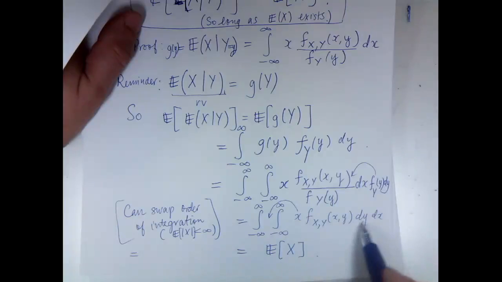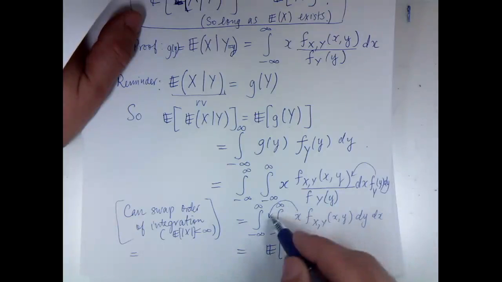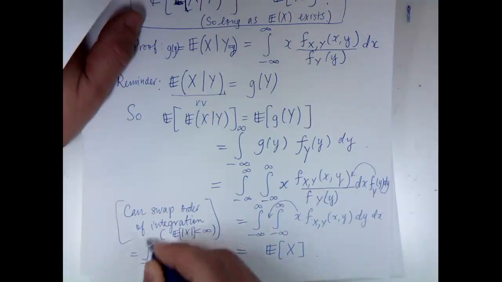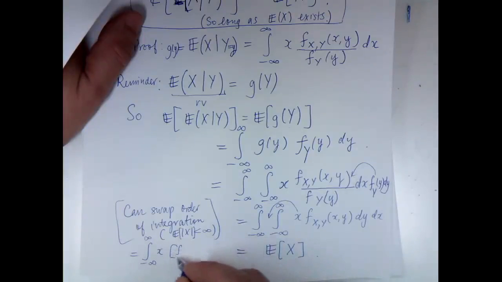The fact that I've now got dy dx means I'm allowed to move x out the front of the integral because x is constant with respect to y. So that says I have integral minus infinity to infinity x times integral minus infinity to infinity f_XY of x, y, dy,